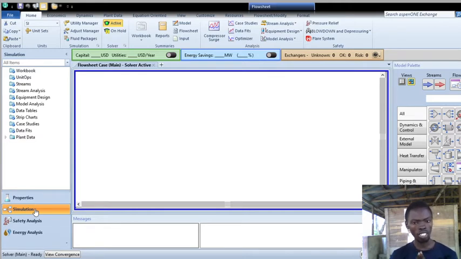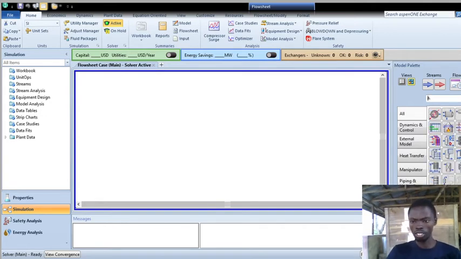Although for a heat exchanger, how many inlet streams do you have? You have two. Okay, let's do it this way. Now, in order not to make it a big problem for you, look for the heat exchanger here, drag it to the environment, and then let's work with it.